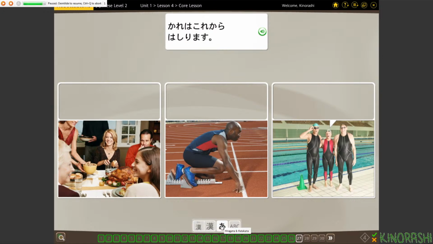彼、走ります。So this is the plain indicative form of 走っています。